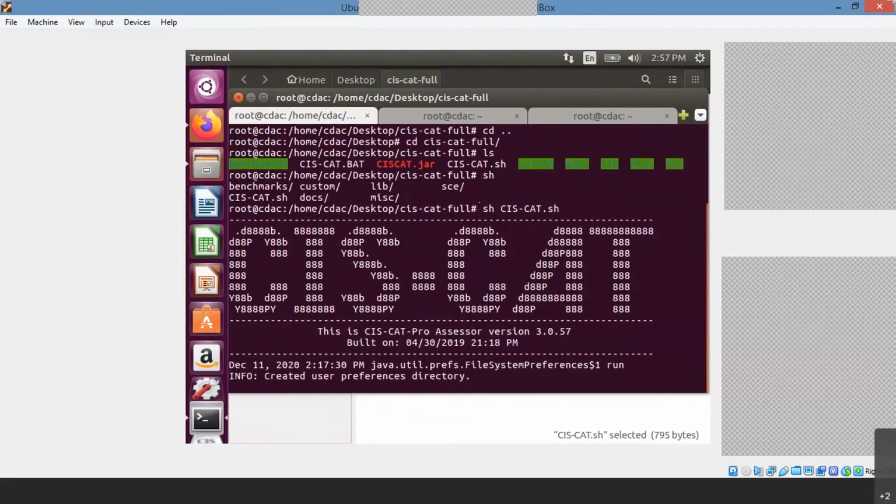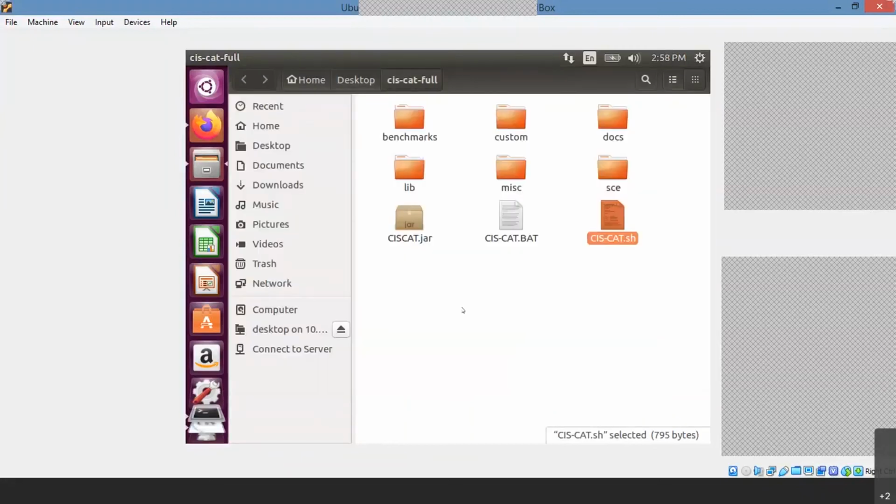You have to go to the location where exactly your file is. It is kept in home, CDAC, desktop, SysCat, full. This is the full path where my command is. You have to run this sh file only; the sh file is your main file. There are around nine extracted files here. You have to run the script file, the dot sh file. I think you know how to do the installation for an sh file, which means it is a script file. Just run it, and you'll get an output.